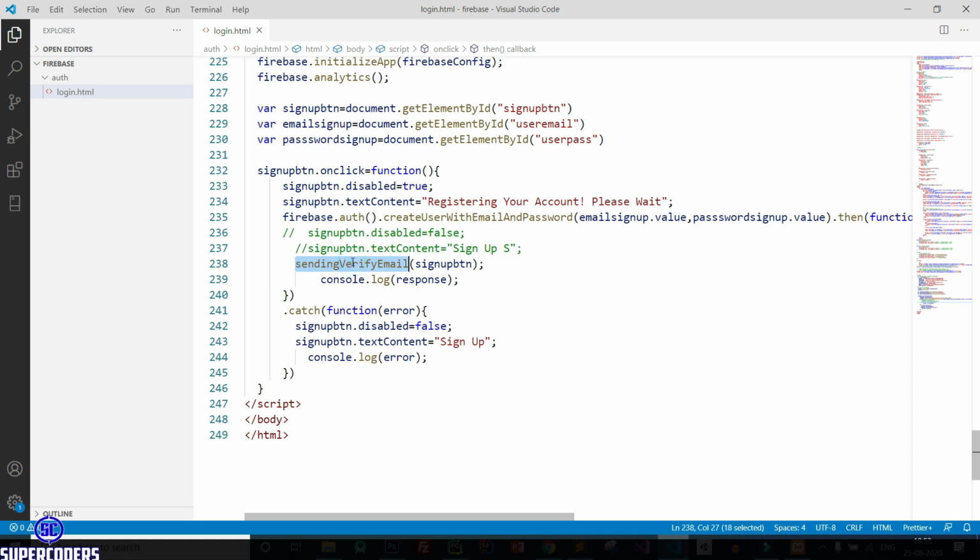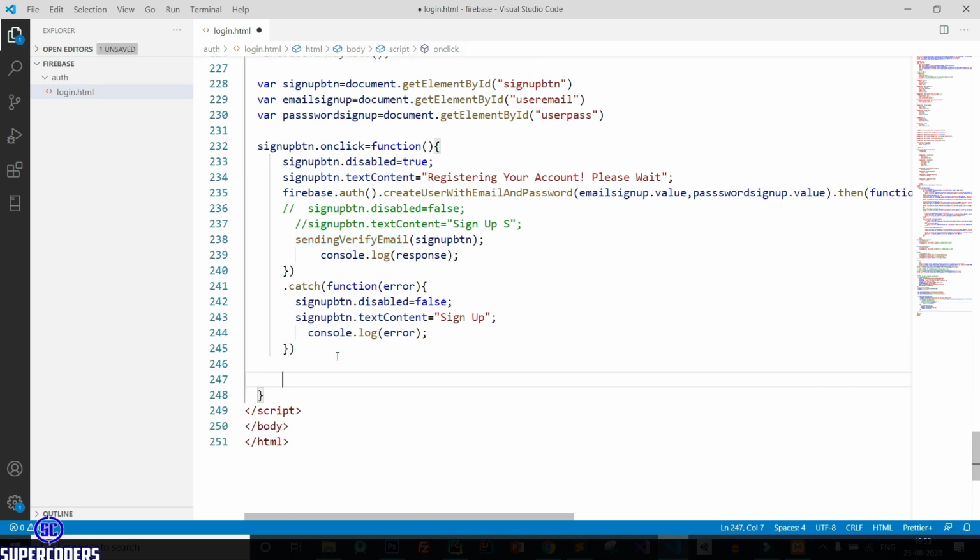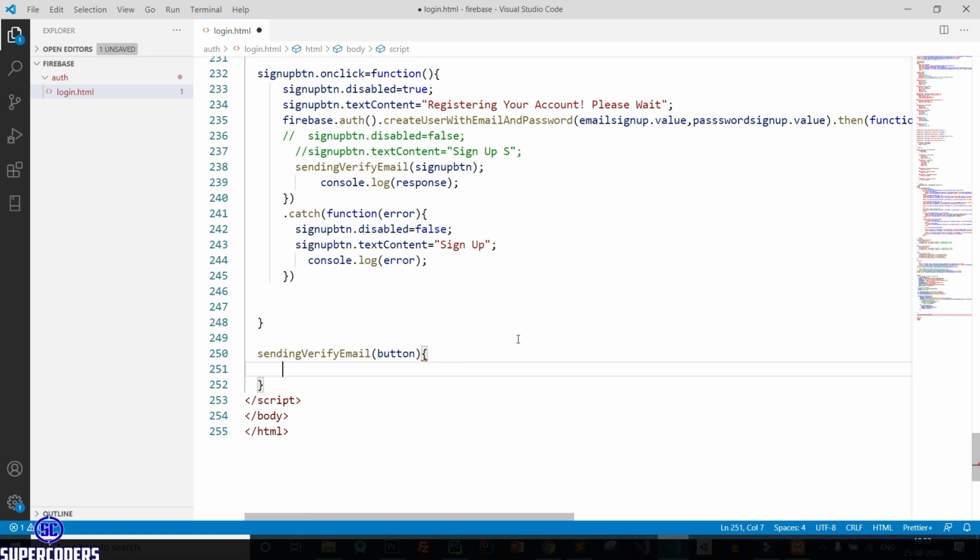Let's create this method, so copy it and here button. After that also let's pass here email sign up, save it.